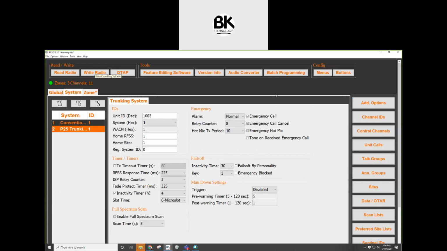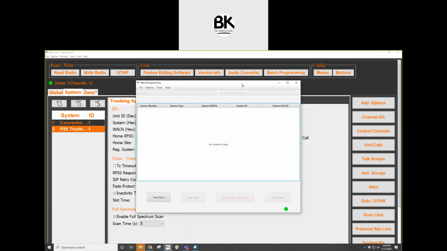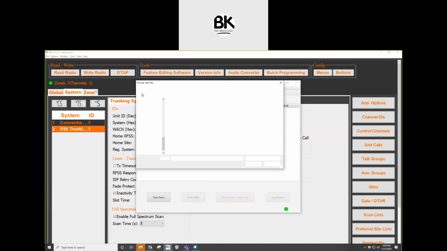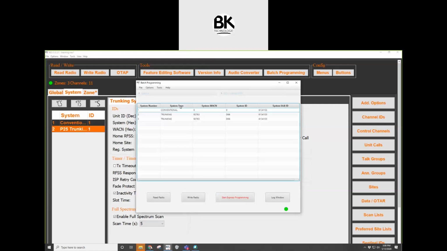Now, we do offer batch programming. So what batch programming can do is we can go to our file, we can open up, say, this one here. This is a code plug that I've previously created. It has all my trunking systems, it has my system IDs in it, and then it has my unit ID. So from here, I can hit start,